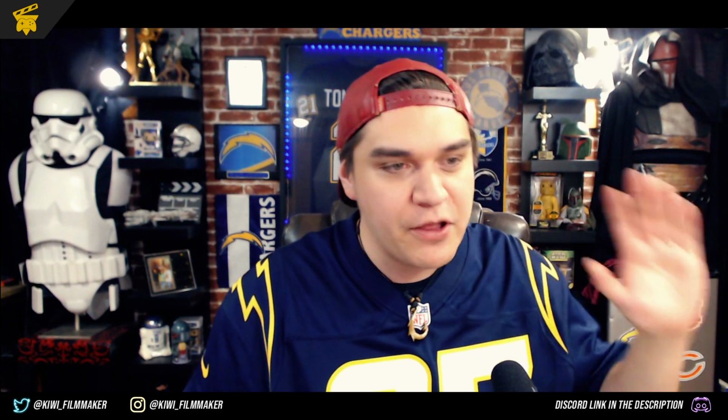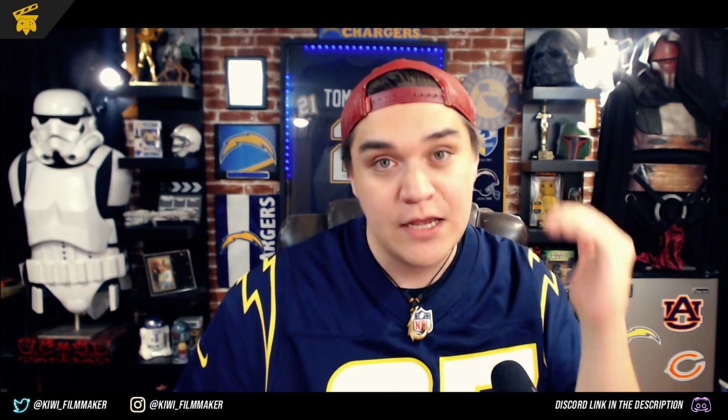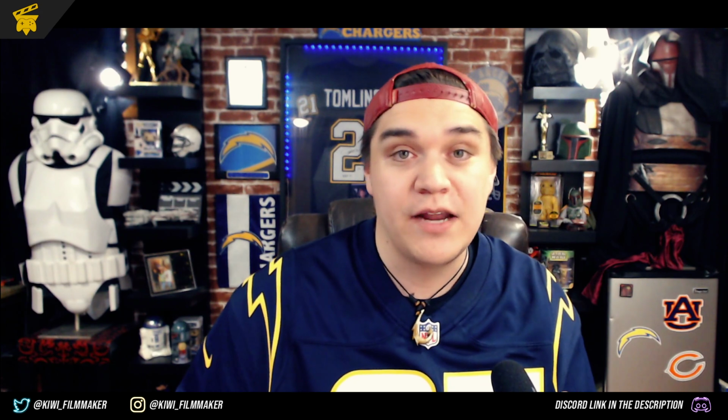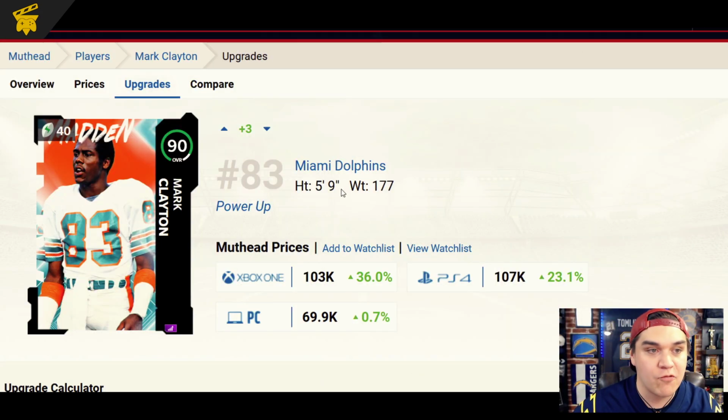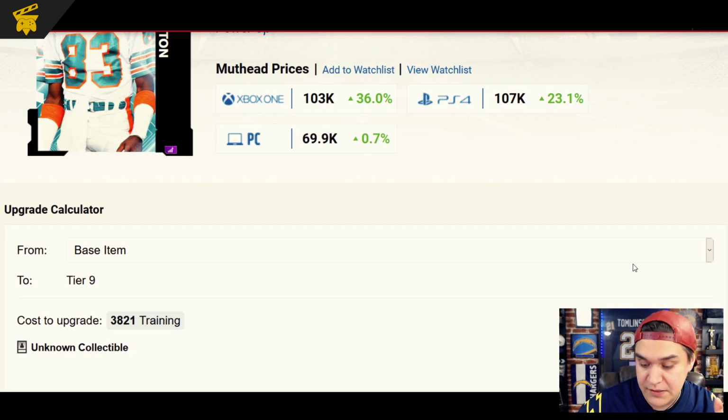Let's get to some players I know some people are salivating over. Now, regardless of price, this player's actually not as expensive. He's still expensive, but not as expensive: Mark Clayton. Mark Clayton, I have seen on head-to-head quite a bit. This guy is a speed demon, and that is why I see him on head-to-head so often. At first, I kind of wrote him off because I saw his 86 overall, I think it was. He was only 5'9", but when powered all the way up, and that's kind of a contingency here,